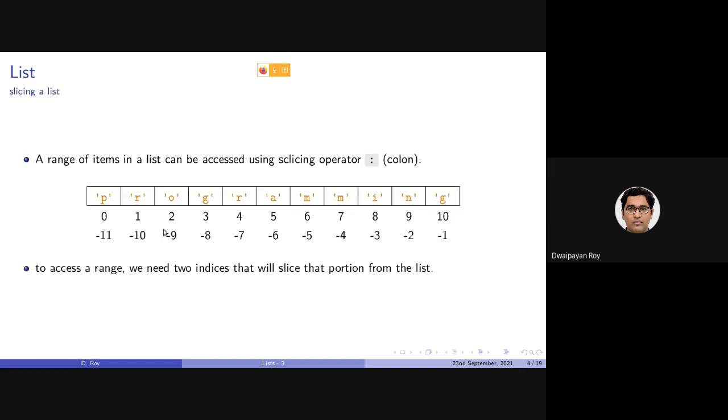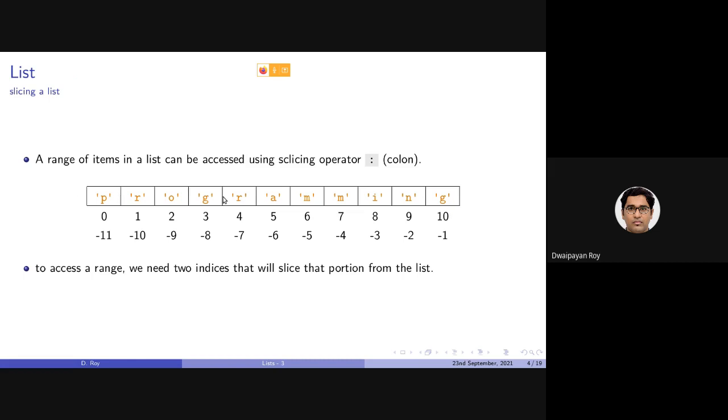There is actually another way, which we have looked at while discussing strings, which is basically using the slicing operator. As we have discussed in string, the slicing operator can be used in a similar way to access multiple items or multiple entities stored in a list.